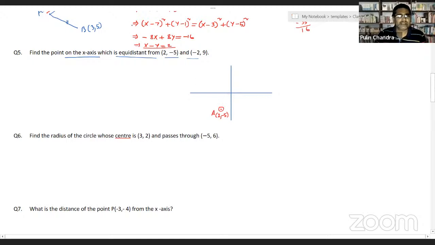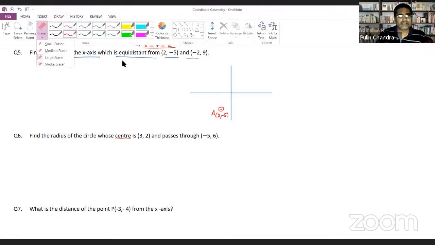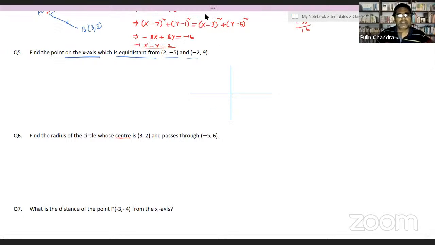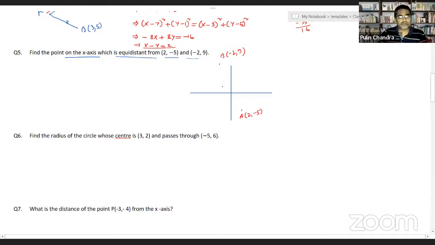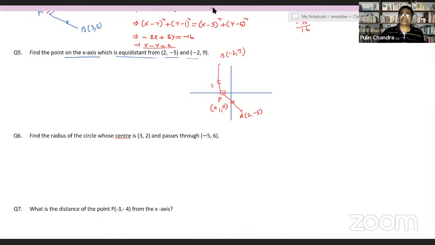I'm sorry, I did a mistake, this point is on the opposite side, just a minute, इसको मैंने अलग जगह पे डाल दिया। ये होना चाहिए (2, -5) अप्रोक्सीमेटली, and then (-2, 9) कहीं ऊपर इधर होगा, B. ये दोनों पॉइंट, अब मुझे क्या निकालना है, दोनों पॉइंट से इक्वल डिस्टेंस में आने वाला वो पॉइंट निकालना है जो x-axis पे आएगा। तो x-axis में आने से पॉइंट का क्या स्ट्रक्चर होता है, (x1, 0), राइट। सो ये हमें पता है। तो मुझे ये P निकाल के बताना है, subject to the condition कि ये वाले डिस्टेंस और ये वाले डिस्टेंस दोनों बराबर हैं, बस बढ़िया।